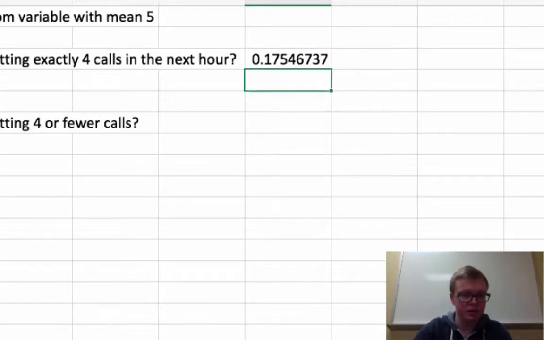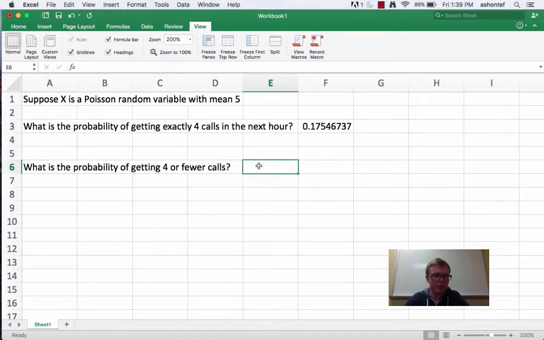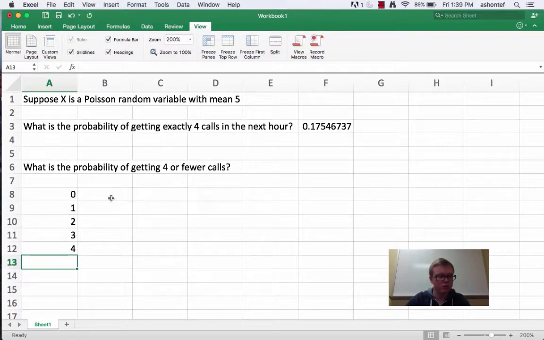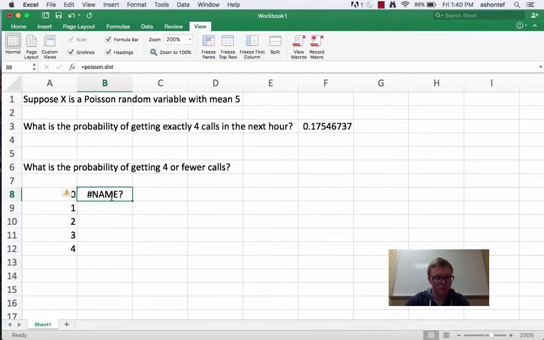Then our next question, which we couldn't very easily do by hand, is what's the probability of getting 4 calls or fewer? If you remember, one option was to find the probability of getting 0 calls, 1 call, 2 calls, all the way up to 4 calls, and adding those together. We could do that by doing exactly what we just did. So Poisson.dist,